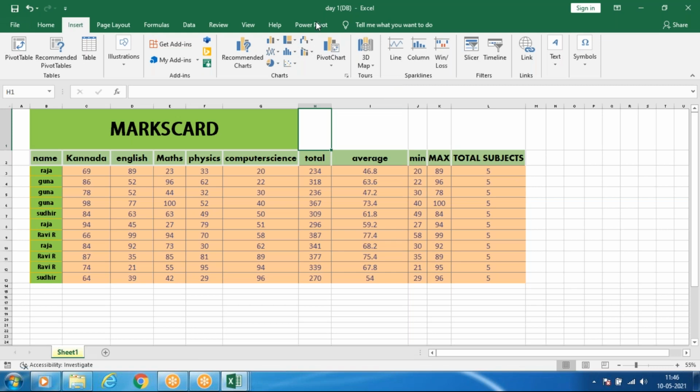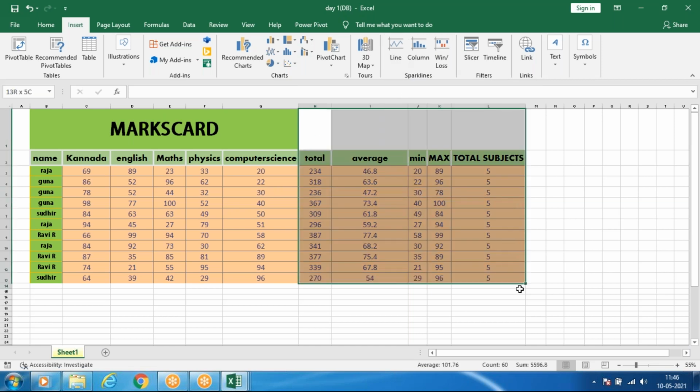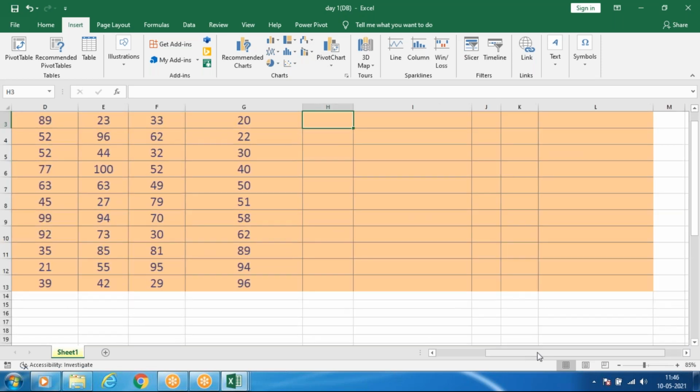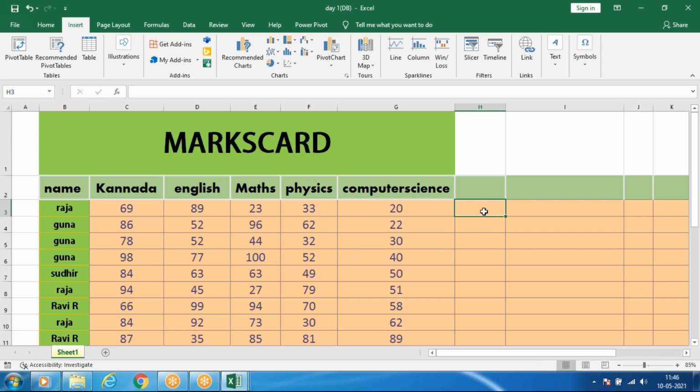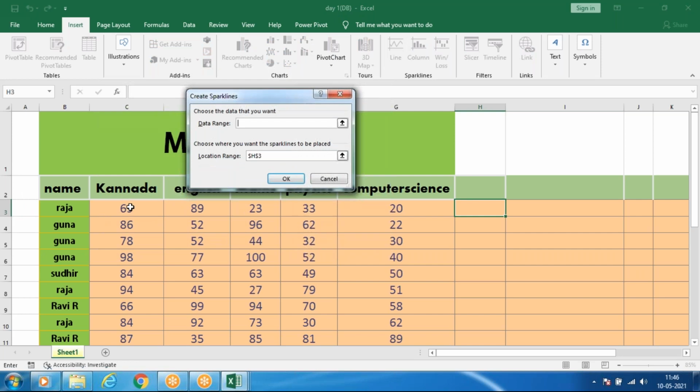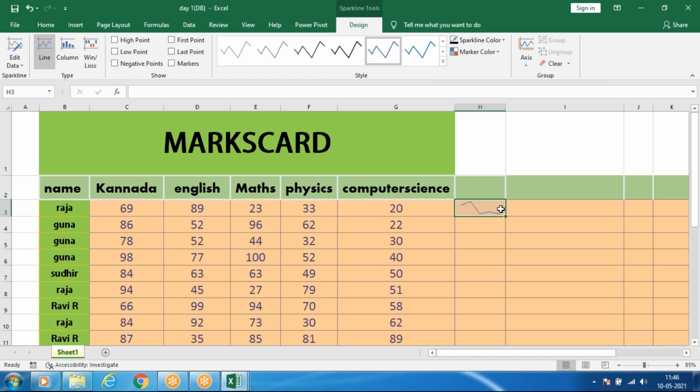So let it load. We'll see line chart, so sparklines. In sparklines, if you see, we have line, column, and win or loss. So first, line means I'll delete this. So in each cell you can give a chart, that is a sparkline kind of chart. So for example line. It has to select the data range. So I'll select from this to this. So like this it will show.